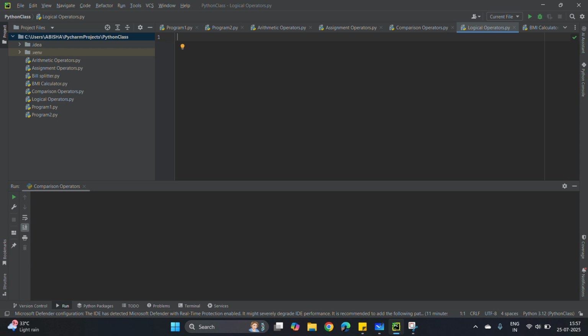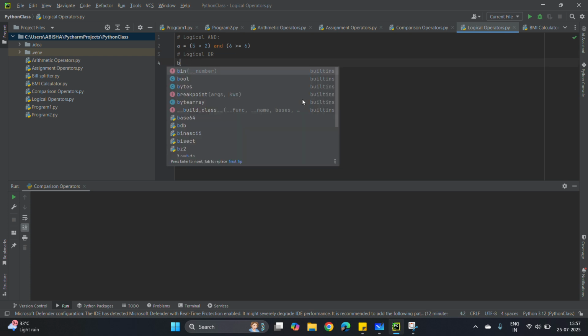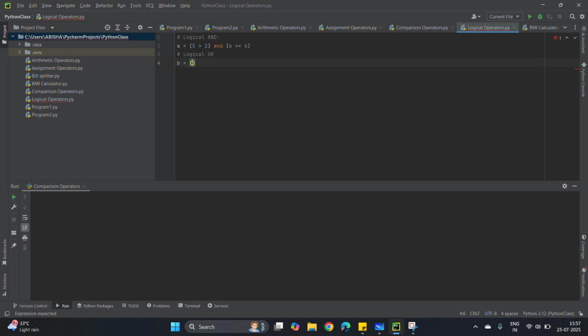First I'll try for logical AND. A is equal to 5 greater than 2 and 6 greater than or equal to 6. This is AND, and the next one is logical OR. I'll give B is equal to 5 greater than 2 or 6 less than 6,